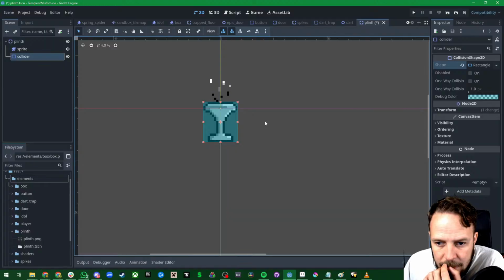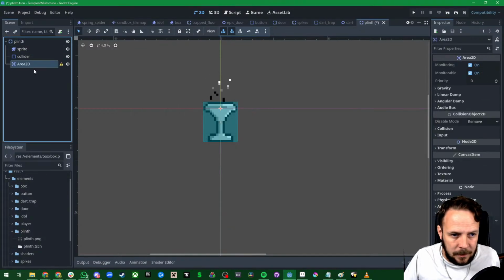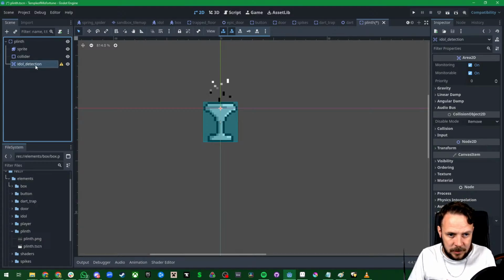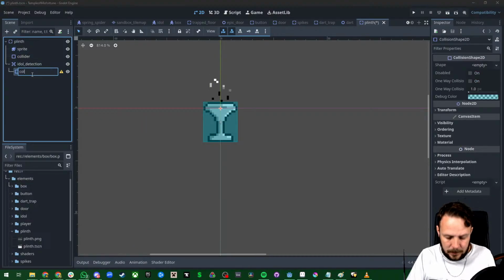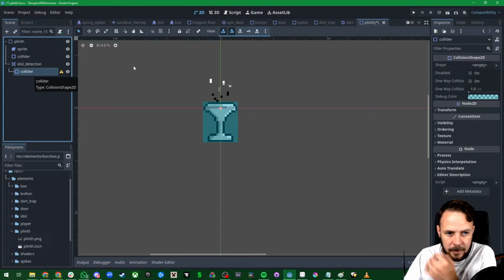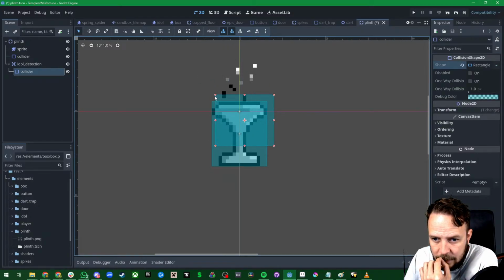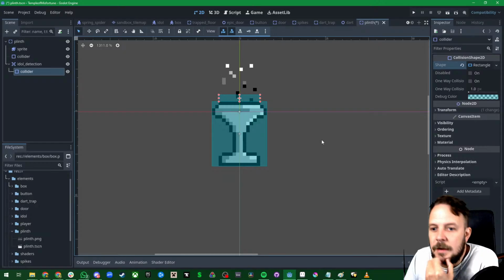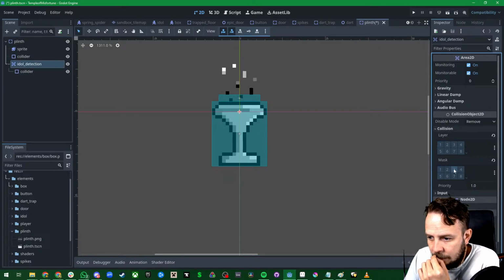And then we will add an area which we'll call idle detection, and that will have a collider, and that collider will be a nice little rectangle there, directly on top of the thing like that. And then this idle detection will be looking for pickupables,